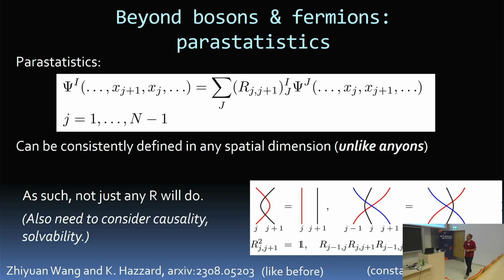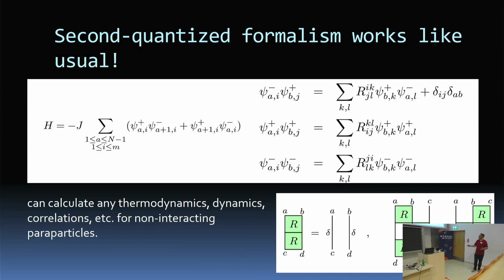And we had to, in fact, develop sort of a new second quantization formalism and some new diagrammatic calculus to deal with this. But it's done, and at the end of the day, it looks very similar to what you're familiar with. Normally you'd say psi dagger is either plus or minus psi dagger psi. Here the only difference is instead of just plus or minus, you have a matrix that acts on these new indices, or actually a 4-rank tensor. But otherwise, you work with it like you would any other theory.